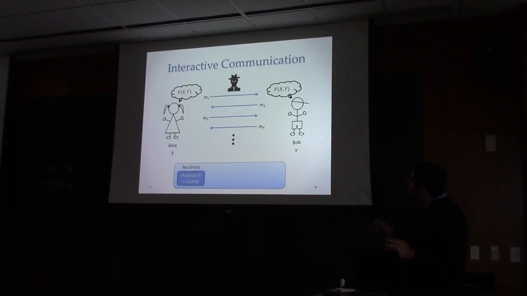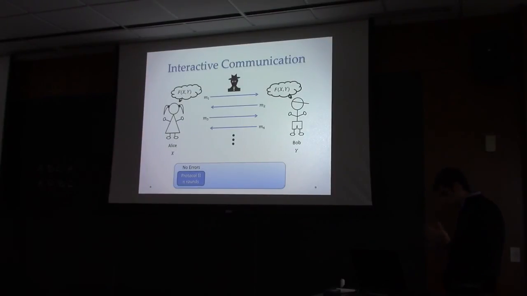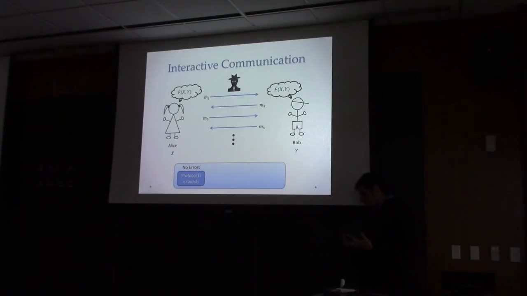Well, first let's assume that there are not going to be any errors in this channel. Like, you are playing chess, and it's guaranteed that anything that you send will arrive at the other side successfully. We will refer to this whole thing as a protocol of n rounds. The problem of interactive communication is the problem of finding a way so that for any protocol, any x, y, f of x, y, and communication in the middle, with n rounds,